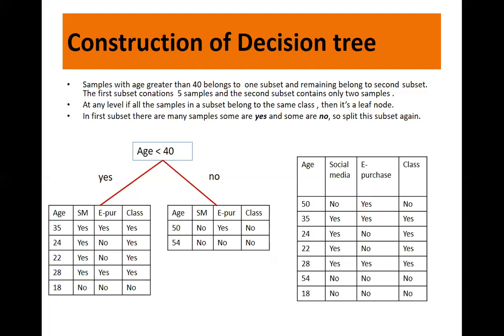Now, decision tree enables a machine to make some decision. So in this case, this decision tree can be used to decide whether a person will make online purchase or no. Based on what criteria? Based on their age, right? And another criteria is whether the person is active on social media and if he has already made some purchase in online mode. So let us see how it is constructed.